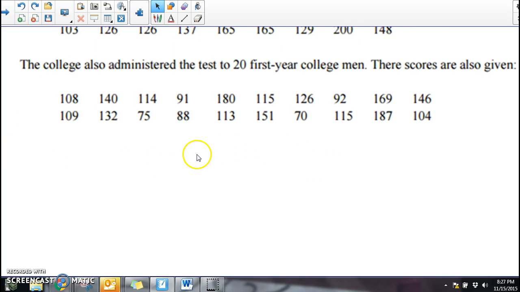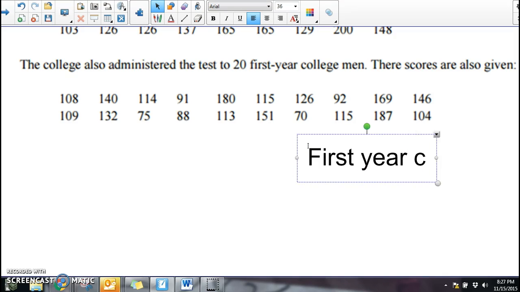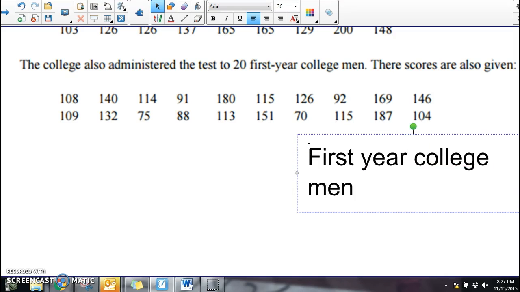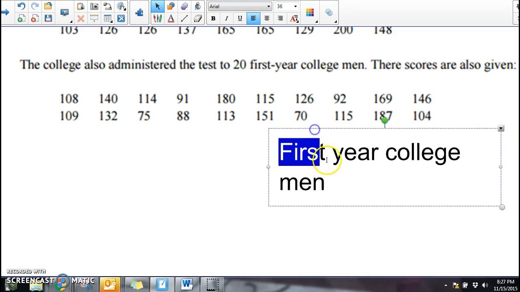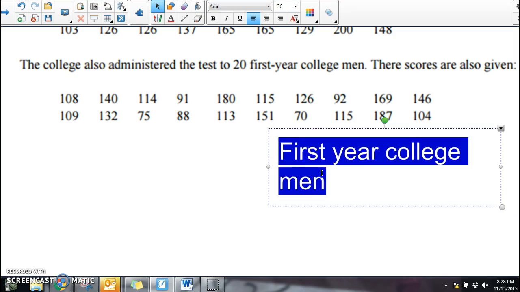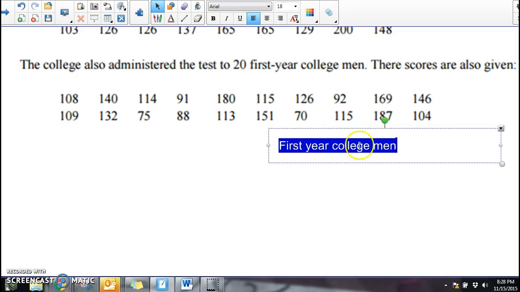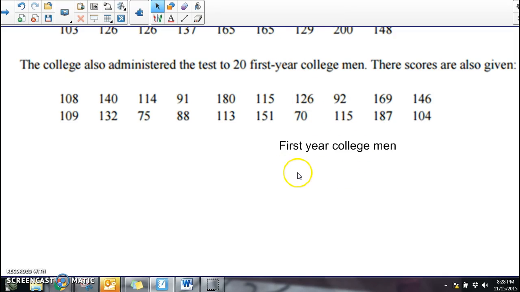So you would include your title, and in this case it would be first year college men, and make that a little smaller. So we have first year college men, and so what we would do is we would draw